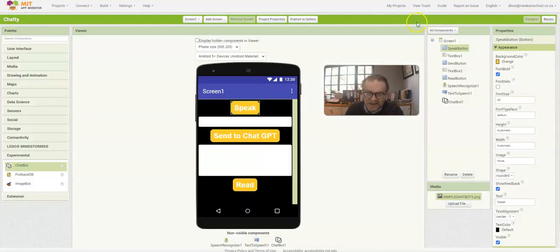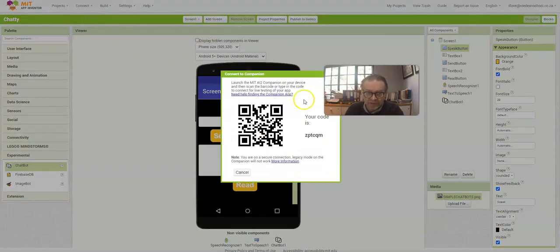How do you test it? Go back into Designer, and over here you can select AI Companion. And when I click that, you'll notice you get a code. Now, if you go onto Android, into the Play Store, and you download the MIT App Inventor, you would now point it at the screen, get the QR code, or type in that code, and it downloads the program onto your